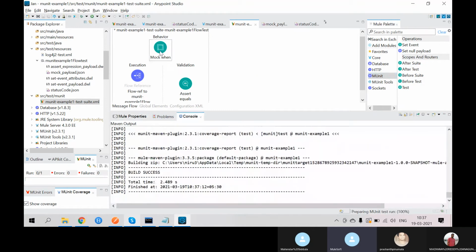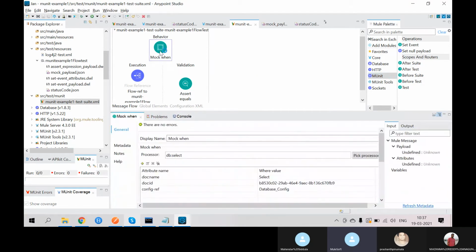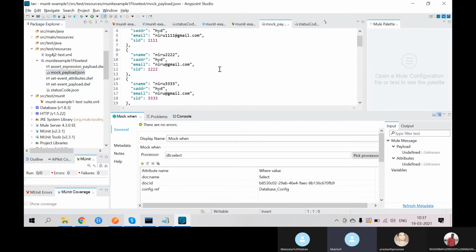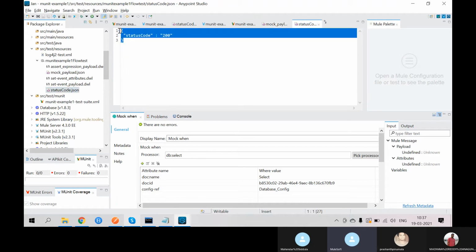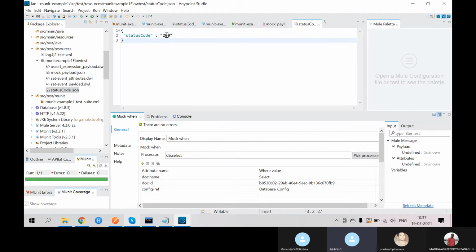So you can see, in this way you can mock our database. Otherwise, if you have an HTTP request in the same place, you have to mock those HTTP requests as well. You have to capture that output, and you have to add that output in this. So I'm capturing the database output and placing that output in this mock payload. Whatever the actual database is giving as output, the same output I'm giving in the file, reading that output from the file actually. And also whatever status code the database gives, I'm reading that status code from the file. So now finally you will get a success.